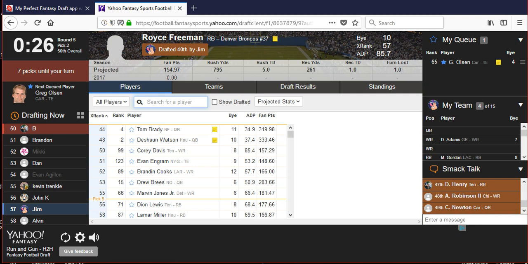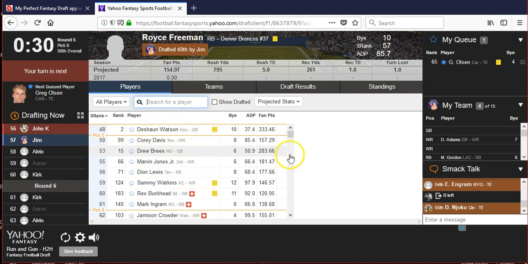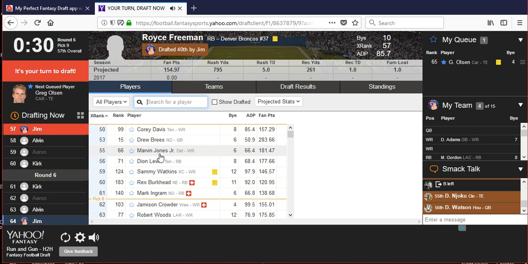So we still have 7 picks till my turn, so I'm going to pause this till we get within 3. All right, it's almost our pick. And so we are just waiting here. Oftentimes there are what I call gifts, where somebody gets ignored for a longer period than they should have, like they should have already been gone, but they're still available. I always like to see who's getting left behind,